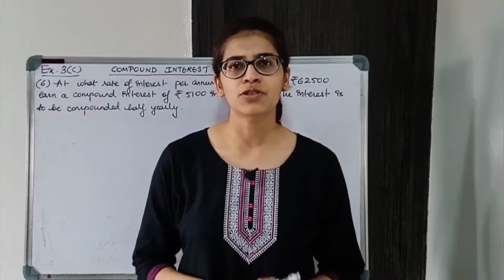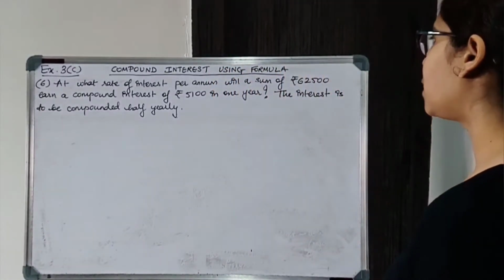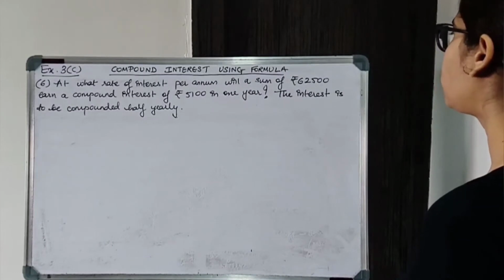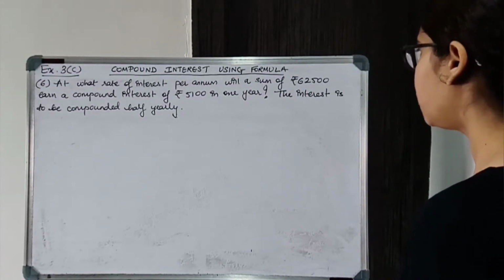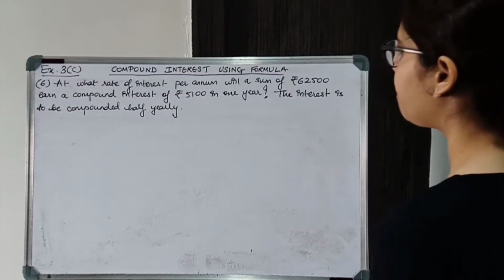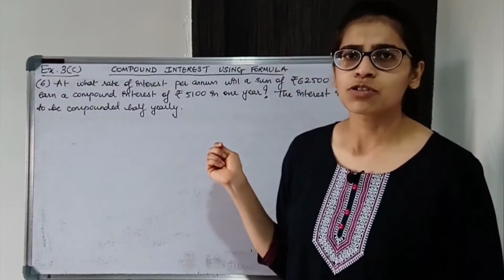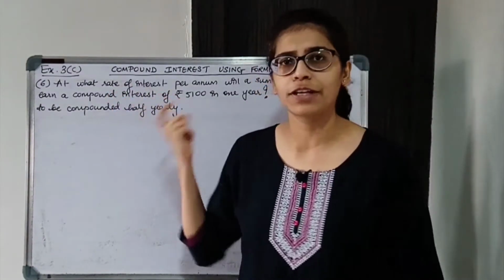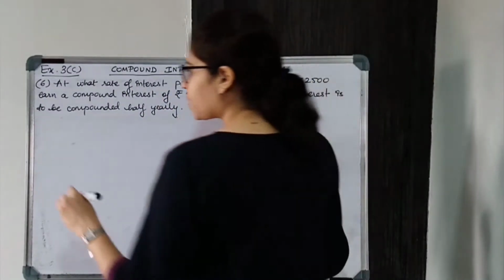Coming to next question, question number 6. At what rate of interest per annum will a sum of rupees 62,500 earn a compound interest of rupees 5,100 in 1 year? The interest is to be compounded half yearly. It's very easy. We are given all the information and we have to find rate of interest. So let us write down the information. R